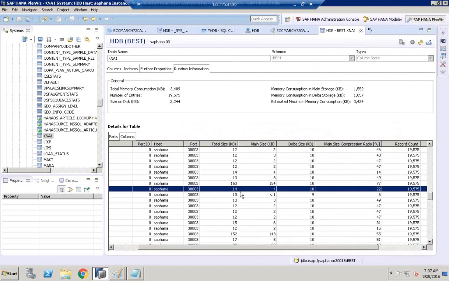It occupies approximately 14 KB of data in memory. In 14 KB, the delta size is 10 and the main size is 4. Because the table is already compressed, the compression ratio for this table is 22%,